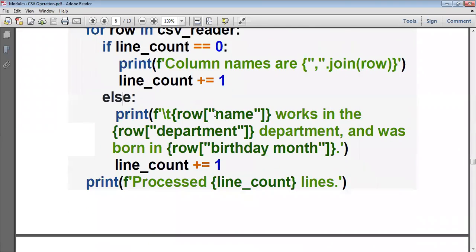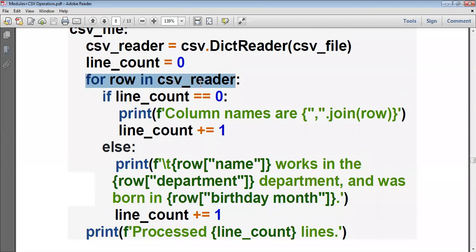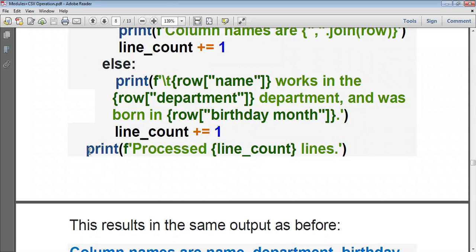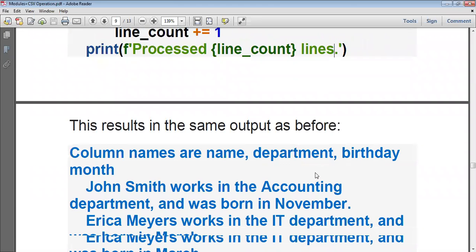Then here Erica Myers works in the IT department and was born in March. So now the line count becomes 3. There are no rows remaining, so it will exit the for loop. Then what is the final print statement? Processed 3 lines.